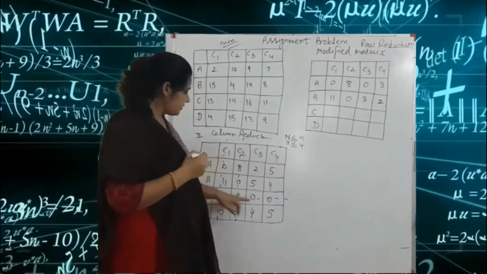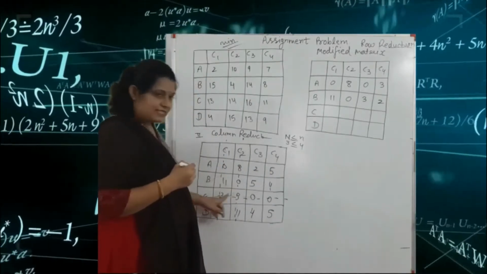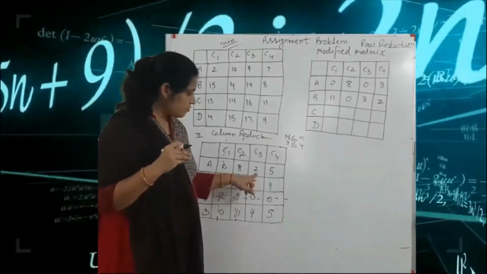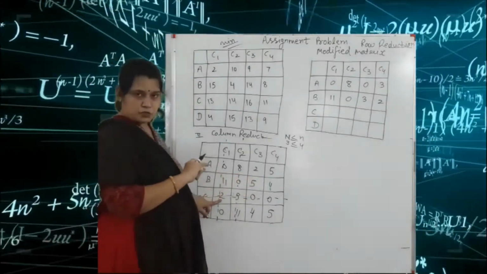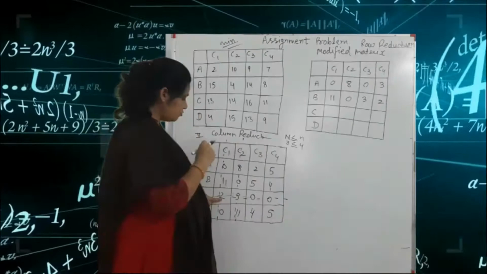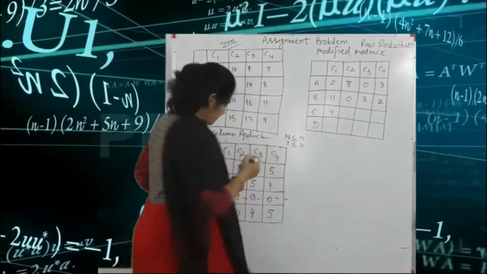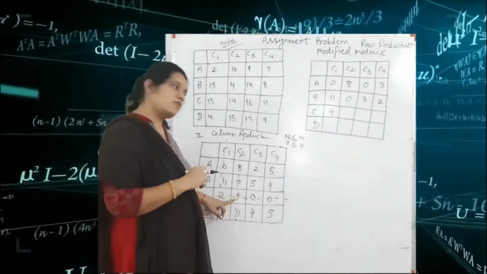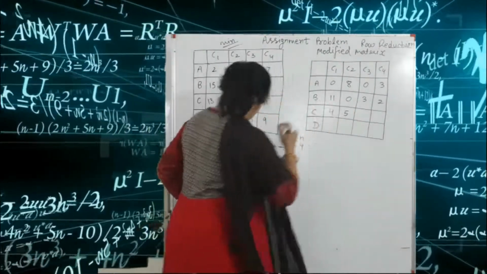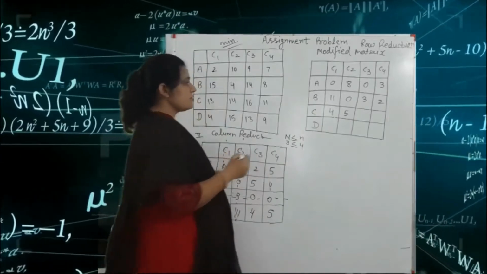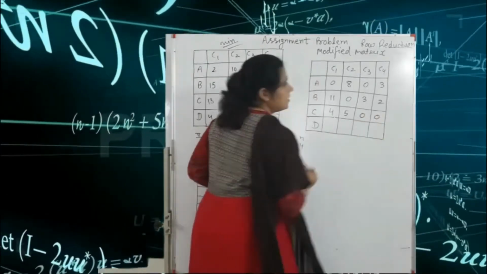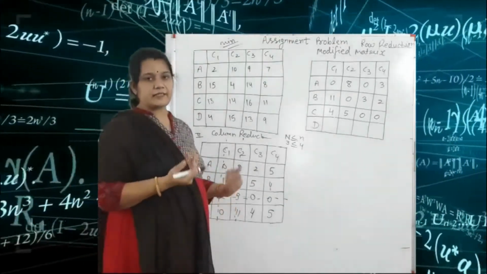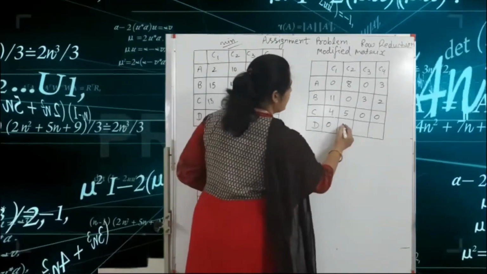Okay, in the third row there are some plus signs. So here the minimum number is what? 2. So we add 2 in this occupied cell. So 2 plus 2 is equal to what? 4. And this also has a plus sign. So here 3 plus 2 is equal to what? 5. So we write here 5. Okay, this 0 0 we write here as it is because this is an occupied cell. Okay, and next is 0 and 11, we write as it is. So 0 and 11.